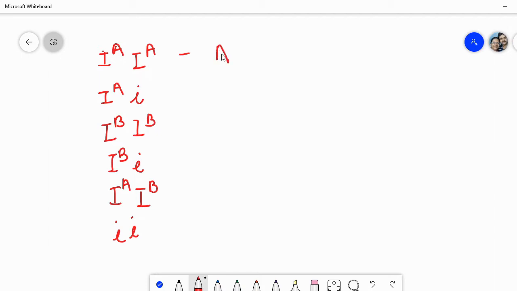So the antigen present on the surface of RBC is A. Here also A, because it is heterozygous, and the small i is recessive and the capital A is the dominant allele. So it will form the A antigen only. Like that it will form B antigen, it will also form B antigen, then it will form both A and B antigens, and that is why the blood group will be AB. And here no antigens will form, and ultimately the blood group will be O.